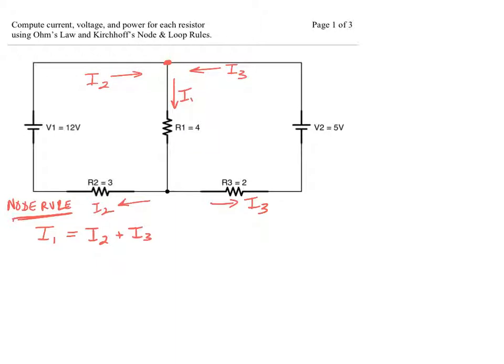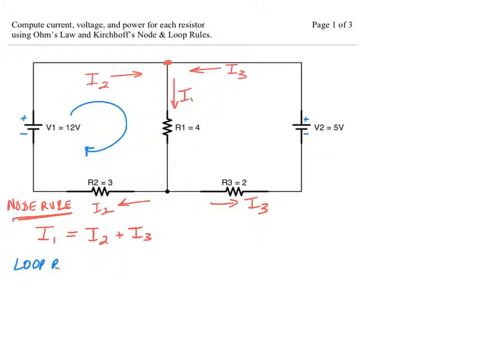So now what we can do is write some loop equations, all right? And we can start with the battery. And remember, the battery's plus side is the big one, minus side is the small one, and we can choose any loop direction we want. If I want to traverse the loop in this direction, all right? So according to those rules that I showed last week, if I go uphill through a battery, from minus to plus, which is what I'm doing with this direction,